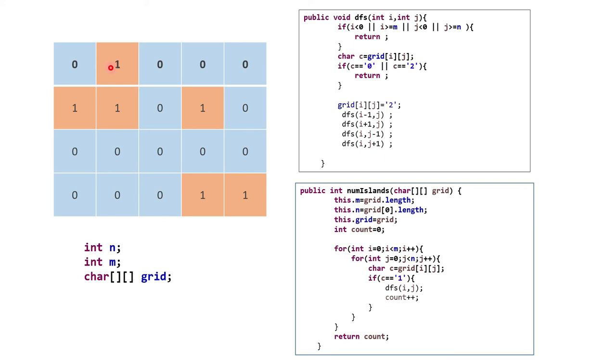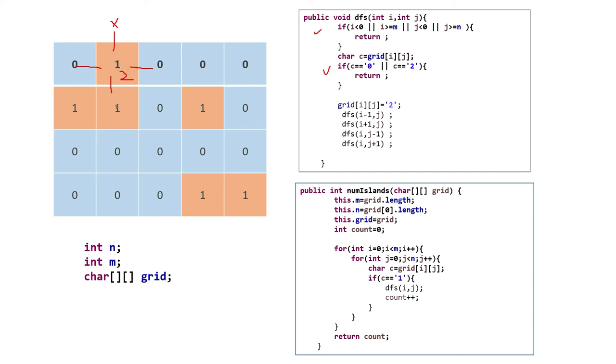That way we can go in 4 directions. Suppose from here we can go in 4 directions, right? And if we check here, from here we can also go in 4 directions. This side the call will be blocked by this condition, and when this side comes, that time it will allow, and we make the current grid 2 and then proceed.